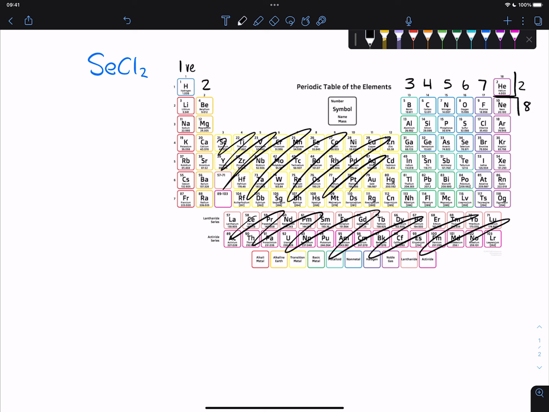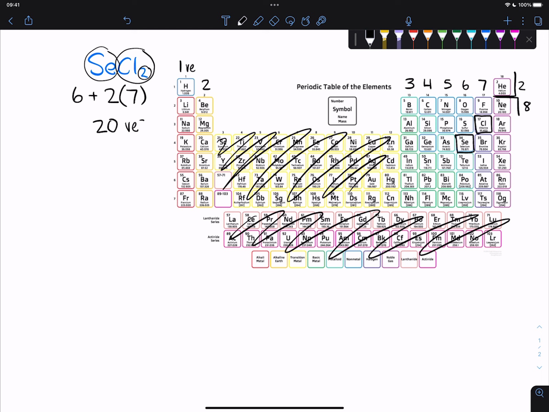So if we were to draw SeCl2, we would recognize that selenium is in the sixth tall group. It's in the same family as oxygen and sulfur. So all of them are going to have 6 valence electrons. So we're going to count them up to start off with 6 plus. So we've already taken care of the single selenium. Now chlorine is over here in the 7th tall group. And that means that it has 7 valence electrons. But notice how there's 2 chlorines. So I need to multiply the 7 by 2. And when we do this, we get 6 plus 14, which is 20 valence electrons to use in our bank